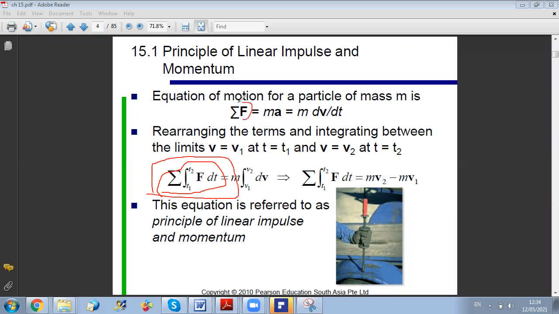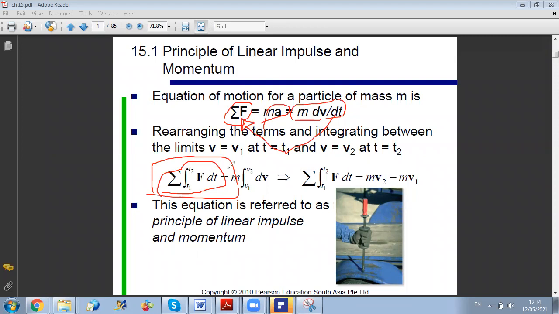In order to do this, we will go back to the definition of sum of forces. We know that the sum of forces is equal to ma, and a is dv by dt. So the sum of forces equals m dv by dt. Now rearranging the terms, you can take dt to the other side. When you do, you get the impulse, because by definition impulse is f times dt, integrated from any initial time to any final time.